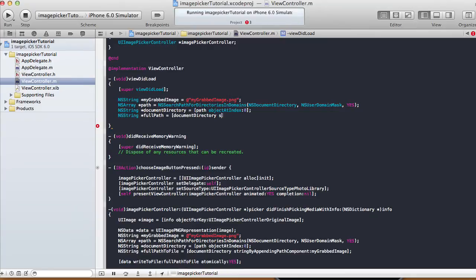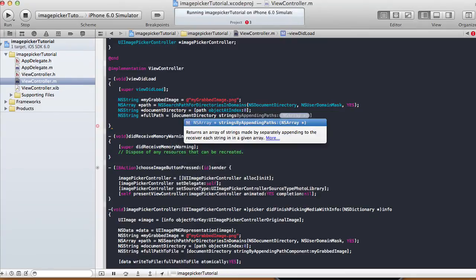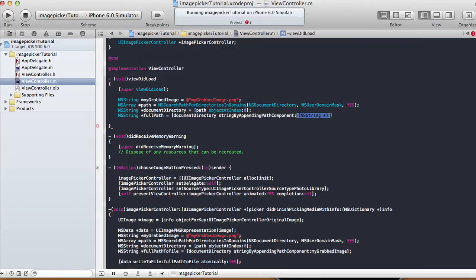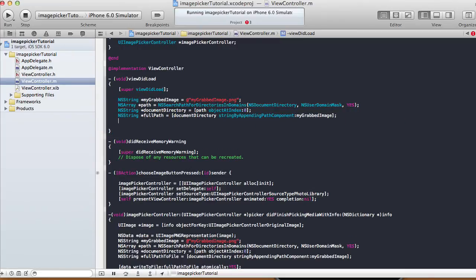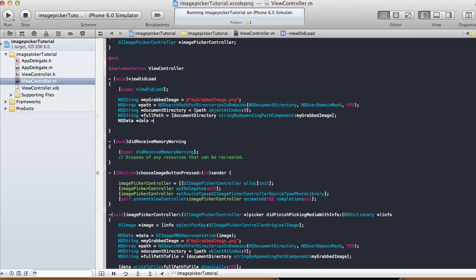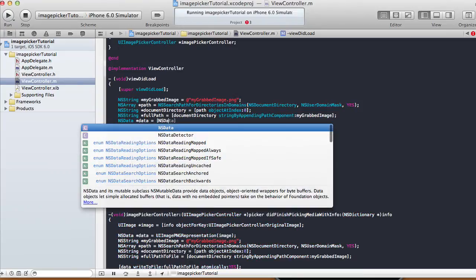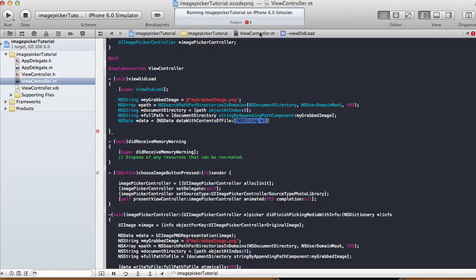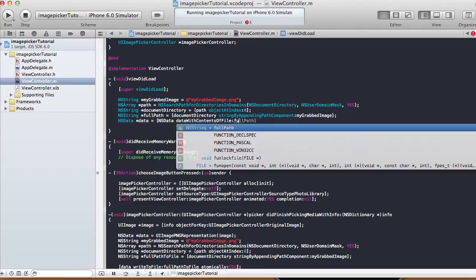directory string by appending path component, and it's gonna append my grab image. Alright, and from there I'm gonna get the data by saying NSData equals NSData with contents of file, and the file we're gonna grab it from our full path,